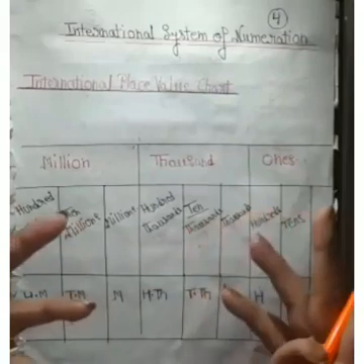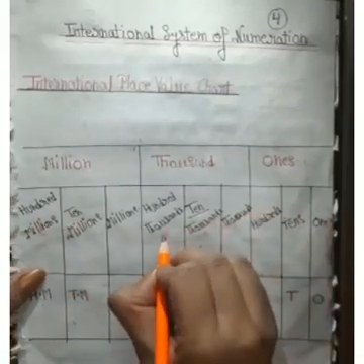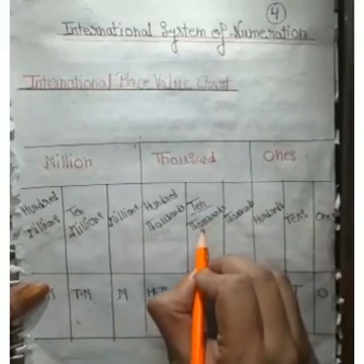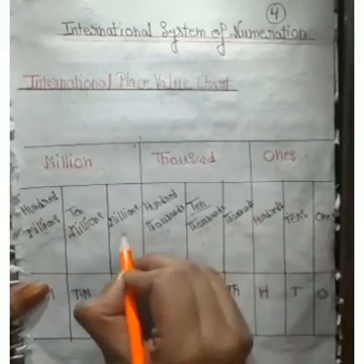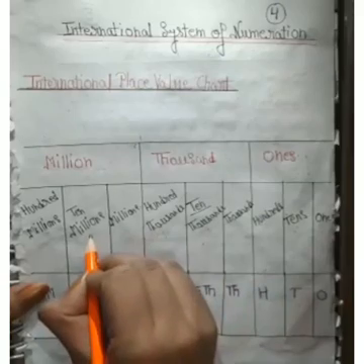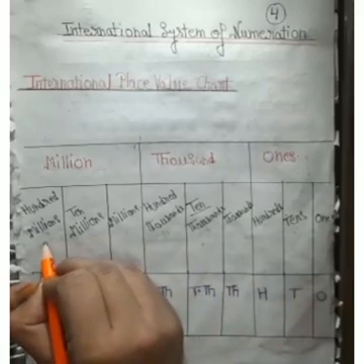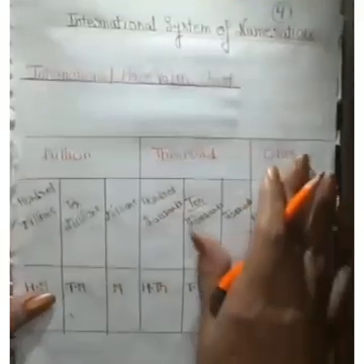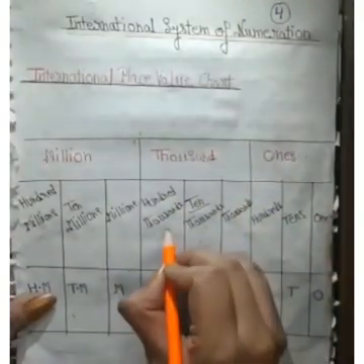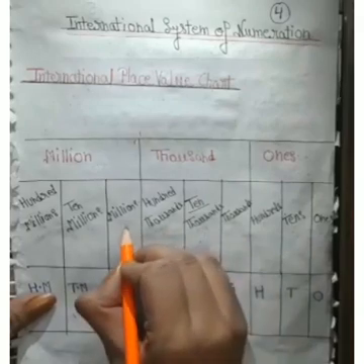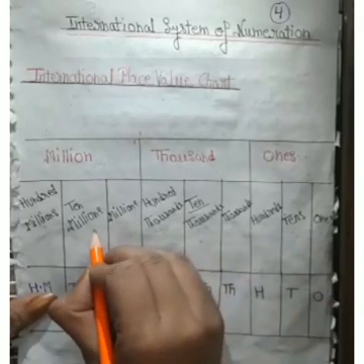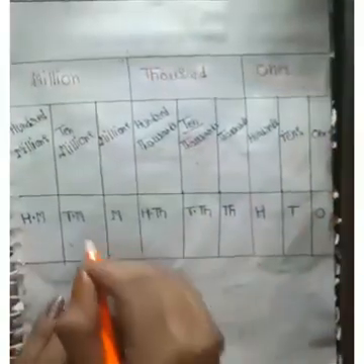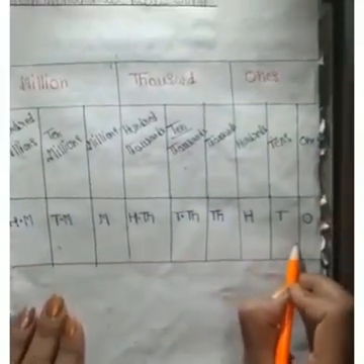So where is the difference? The difference comes here. In the Indian place value system, after 10,000 we use lakh, then 10 lakh, then crore and then 10 crore. But in the international place value system, after 10,000 we use 100,000, then million, 10 million and 100 millions. Dear students, here you can see the short forms also.